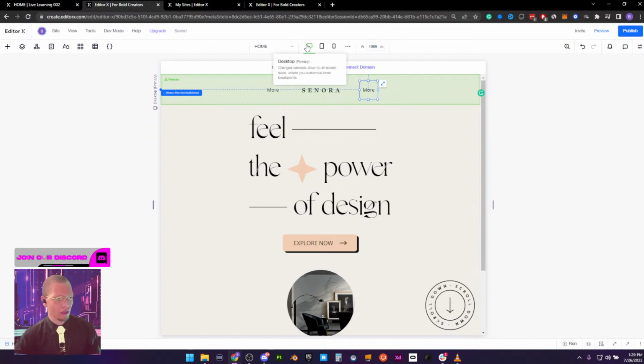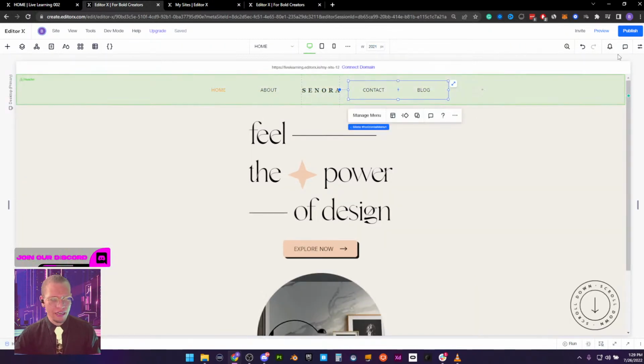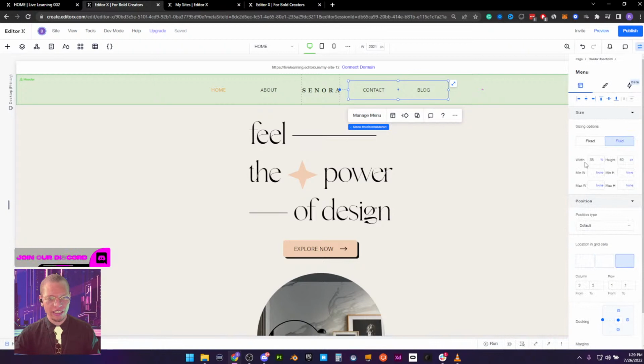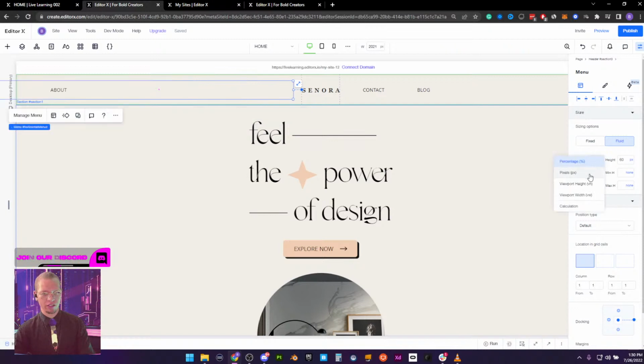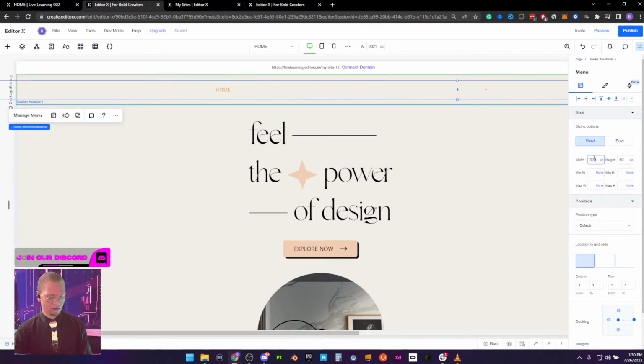It's around 1070 pixels. We're gonna go back to desktop. And what we're gonna do is, instead of a percentage here, maybe we'll switch this to pixels for now. We're gonna set this to 329 pixels so it stays that consistent width. And we're gonna try this over here as well, and make sure that this is set to pixels.